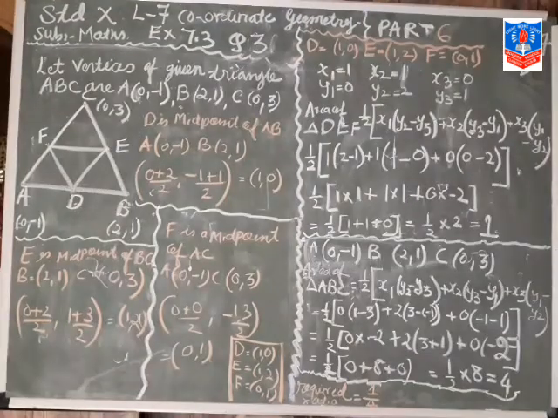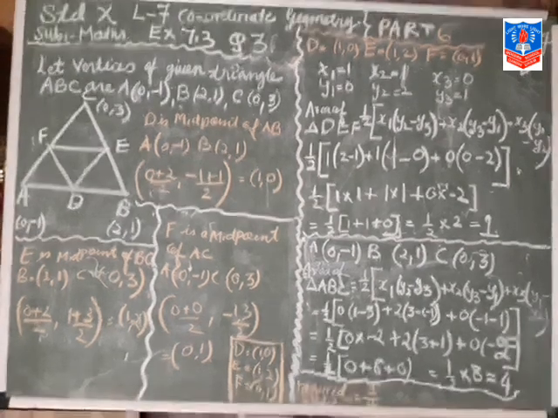Now children, we will start the third question, exercise 7.3. Okay, fine. Now read the question from your textbook. Find the area of a triangle formed by joining the midpoints of the sides of the triangle. Okay, we are having one triangle and we are having the midpoints also, where vertices are A, that is given 0 minus 1, B 2 minus 1, 2 and 1, and C, that is 0 and 3. Find the ratio of area of the triangle formed to the area of the given triangle. Clear? First of all, okay, so we will start the question now.